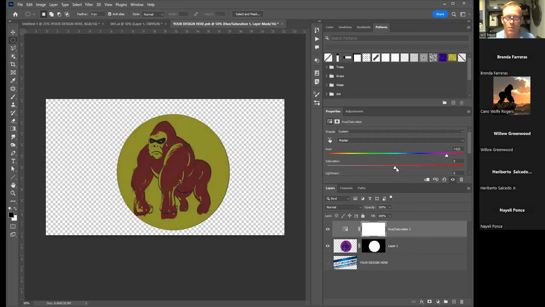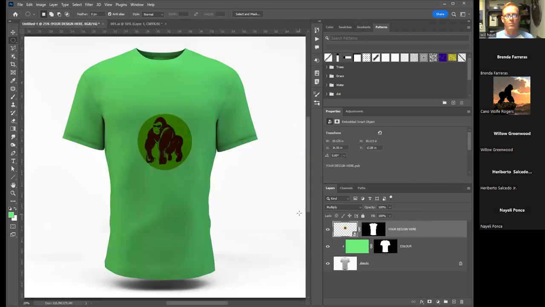Looks pretty good. I'll up the saturation some. Control S to save. Control W to close. And there we go. So it still looks kind of weird, but you start to get the idea of, oh, I see where this is going. So now I could actually put my design onto a mock-up t-shirt. Or